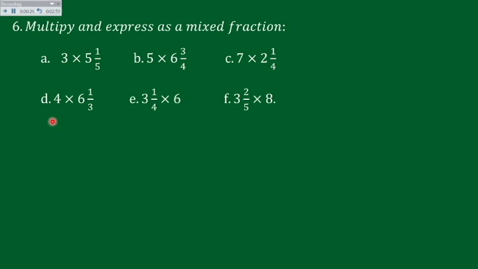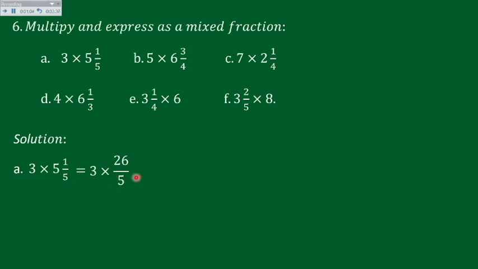So in this question how you have to do this? First you have to convert the mixed fraction into an improper fraction. Then as usual we are doing multiplication. Here also you have to perform the same. Multiply numerator with numerator and denominator with denominator. So here I am going to take the first part. 3 multiply 5 whole 1 by 5. First you need to convert the mixed fraction into improper, and what you will get here? 26 upon 5. 5 5s are 25 plus 1, 26 upon 5. If you don't know, beta, see my previous video on how I have converted mixed fractions into improper fractions. Okay.